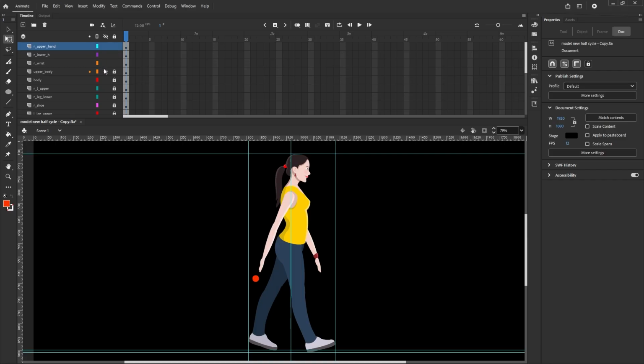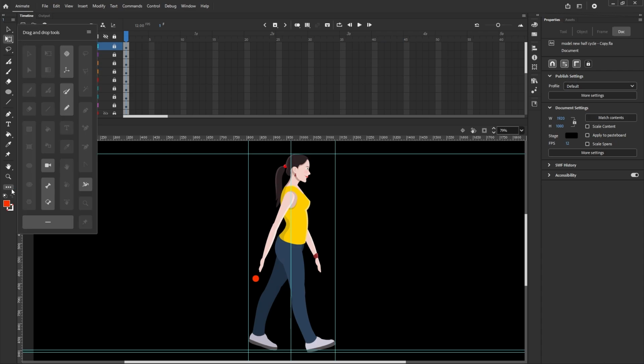See, all body parts we have to separate, right? After separating that, we are using the bone tool, right? So here in Animate CC, where is the bone tool? Suppose here there are 3 dots showing, and here we have the bone tool. Okay, the shortcut is M. In here it is the bone tool,